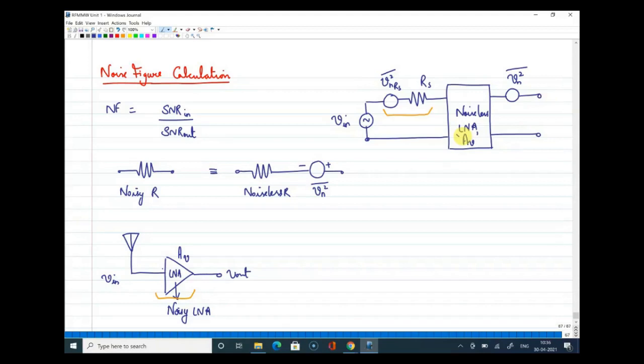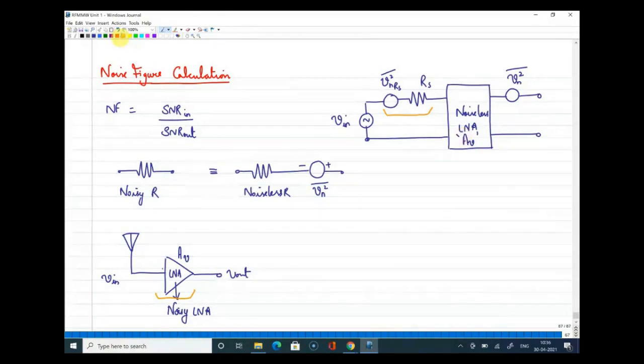All right. Can I get some response from the class? Are you guys following this? What we are going to do is a noise figure calculation. A circuit block which was noisy is represented as a noiseless one in series with a voltage source. Similar to that, an antenna resistance is also marked in the same way. Right. Now,